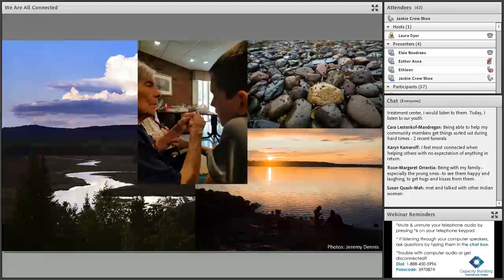And we know that Native people have the highest disproportionate rate of incarceration, but it doesn't often make the news or any of the debates when criminal justice reform is talked about because of the invisibility that we have.